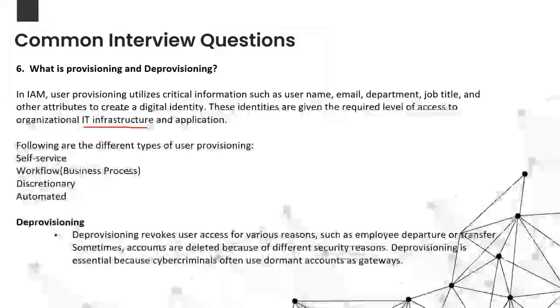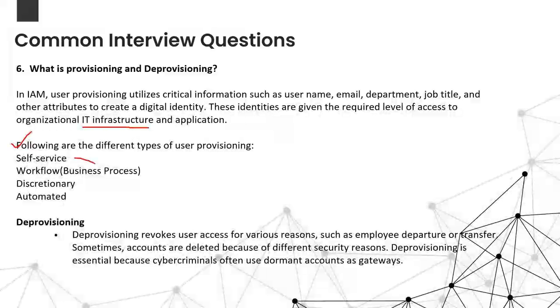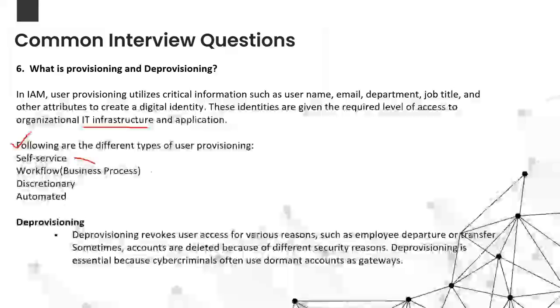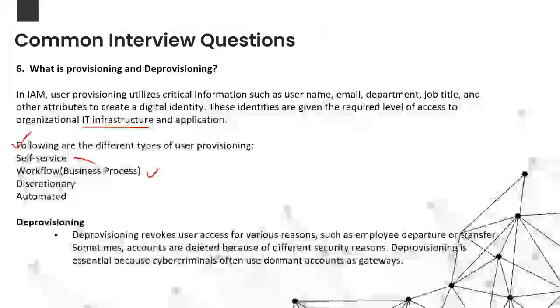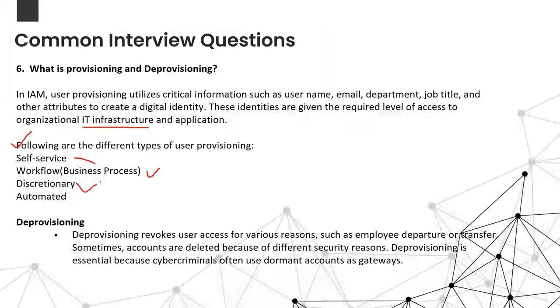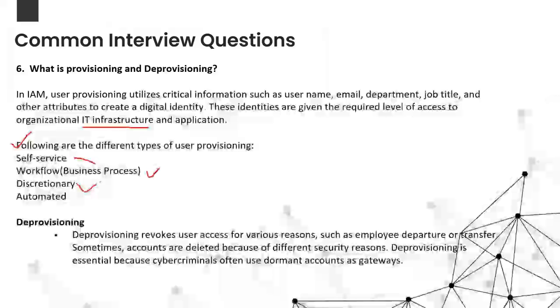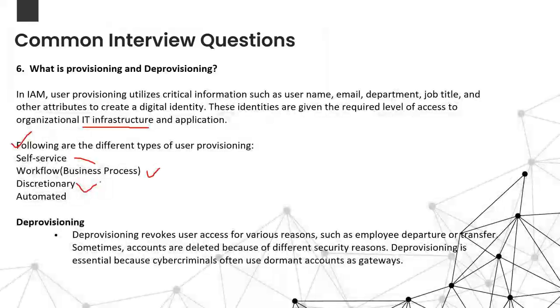Okay, in an automated fashion, we can give the birthright access to the user for the infrastructure related applications and all of that. So how can automated provisioning happen inside SailPoint, if they specifically ask? You can answer them like, as part of self-services. We can give the access as part of a workflow. A workflow can grant you the access to the system. Discretionary, based on some criteria, giving certain accesses based on certain logic. We can give the access to the user by writing some custom rule.